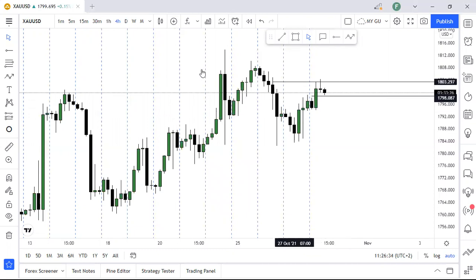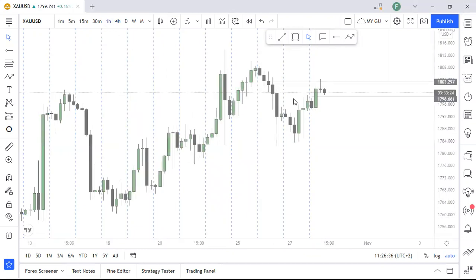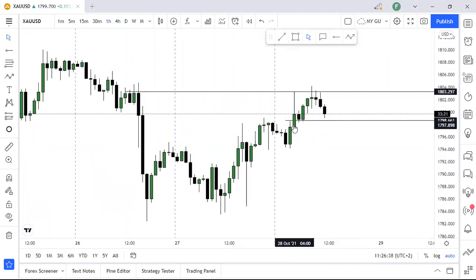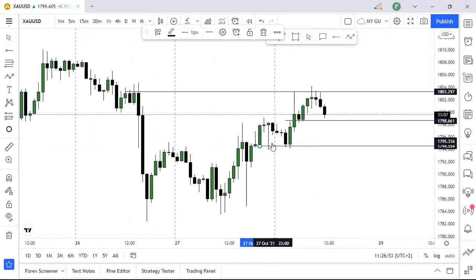higher. So we'll only know that if price respects this low, the minor low, and it holds, then we can say, yeah, this low is strong, but for now it's a minor low. And then the next low, that's our strong zone. As you can see,